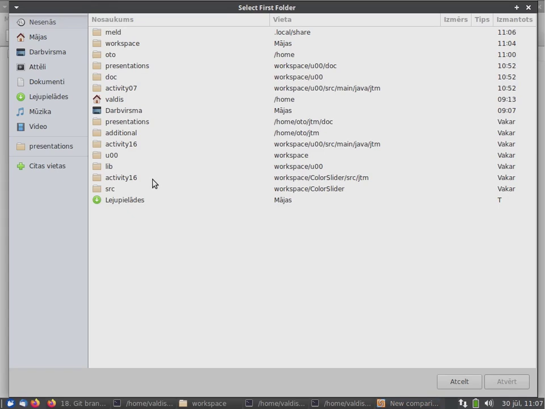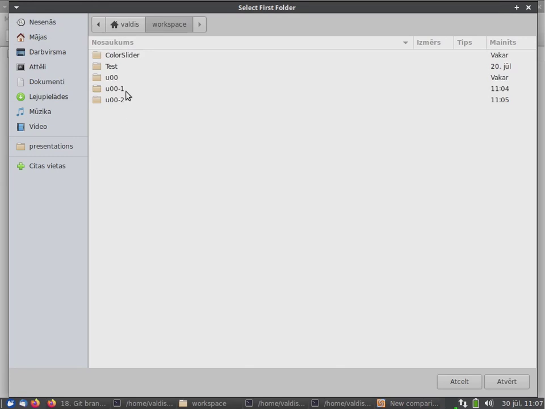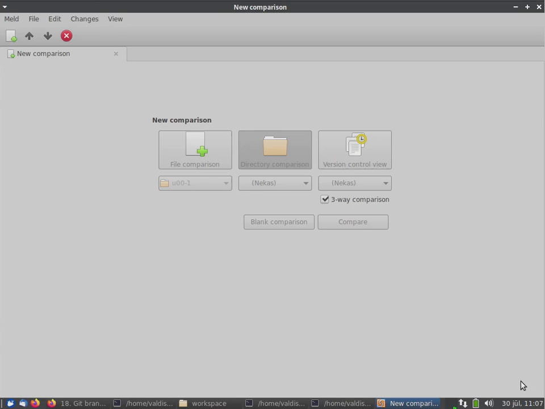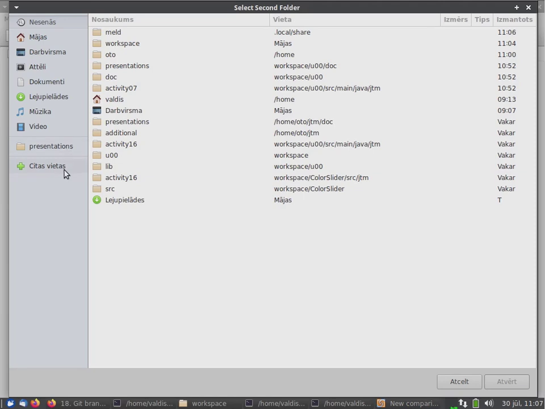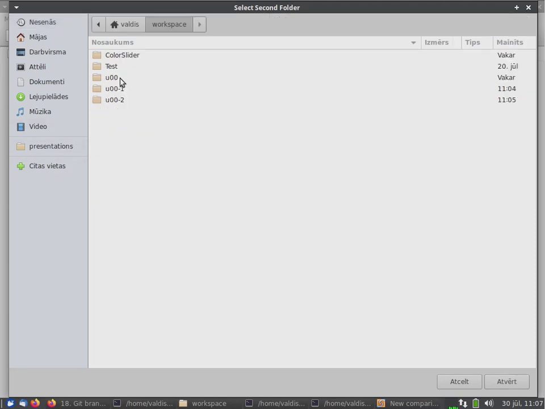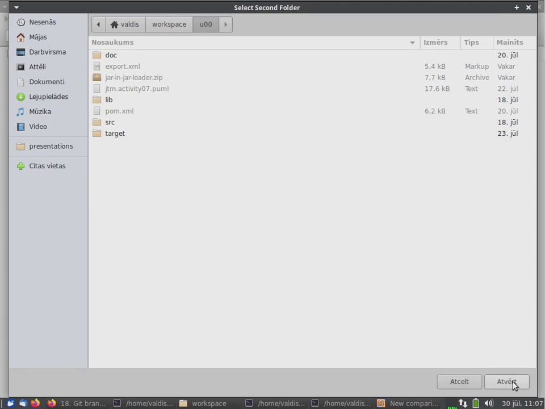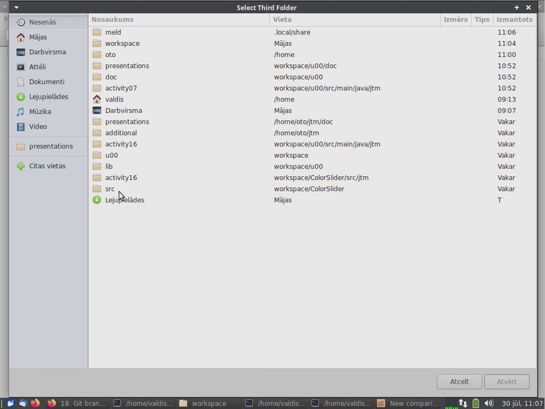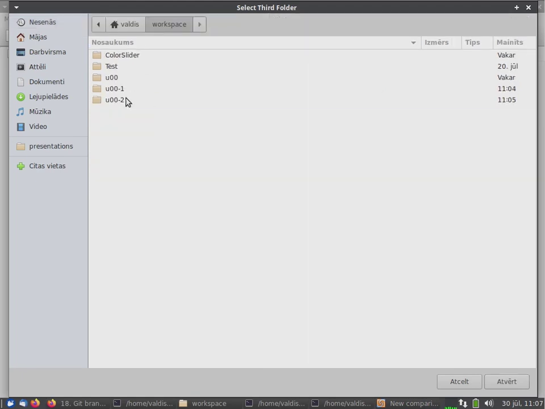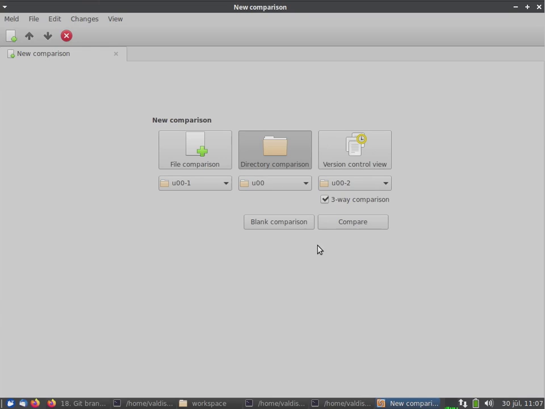And here I will choose my project with branch 1. In the middle I will choose project with master branch, and here I will choose project with branch 2. And when you do three-way comparison, your target, which you want to actually compare, should be in